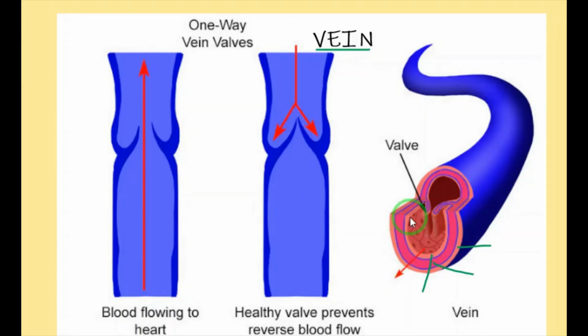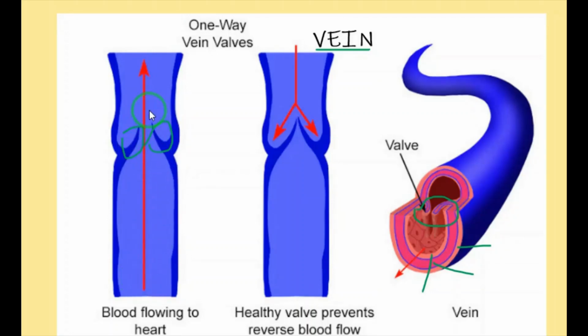But all the arteries carry oxygenated blood and the pulmonary artery carries deoxygenated blood. Just the opposite. And one more thing, internal valves are also present in the vein. This is the valve. Here it is clearly visible, valves. So internal valves are present only in the veins. There are no internal valves in the arteries.